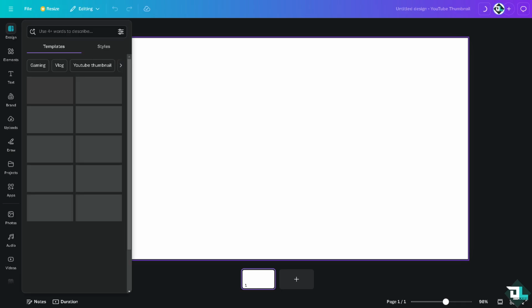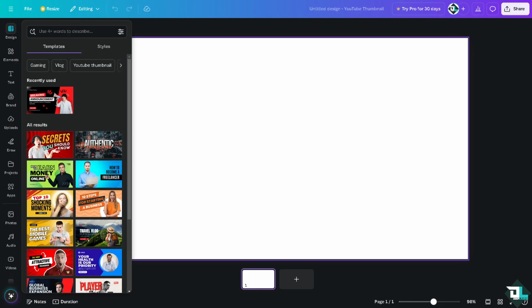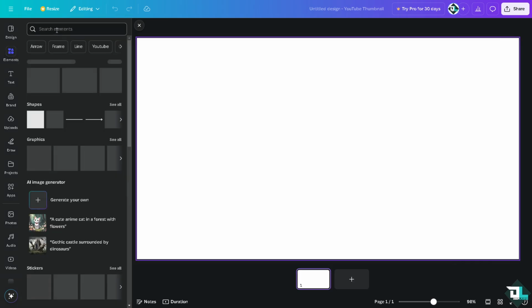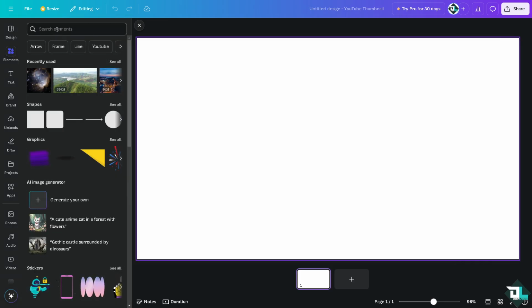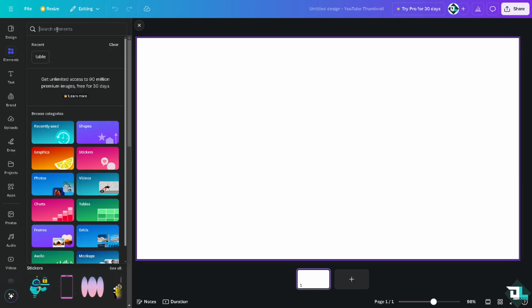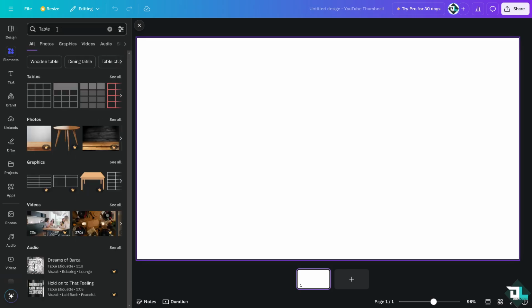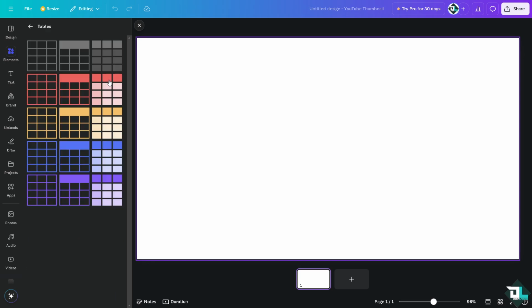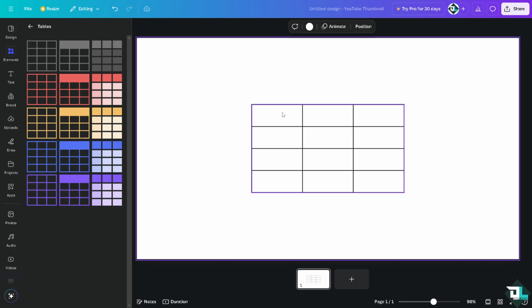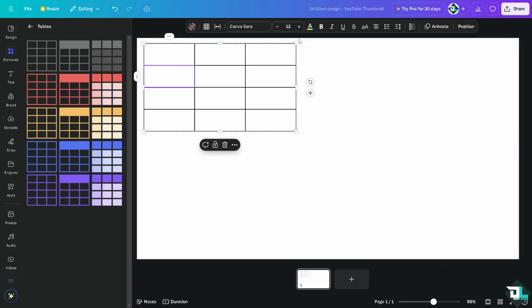Now, in this case, I need you to go to the elements, and there are multiple ways for you to create a table or add a table in Canva. Number one is on the search bar here. I want you to type in table and press enter. What will happen, and these are going to be some of your options. If you click on the see all, all right, these are going to be your primary example wherein you can